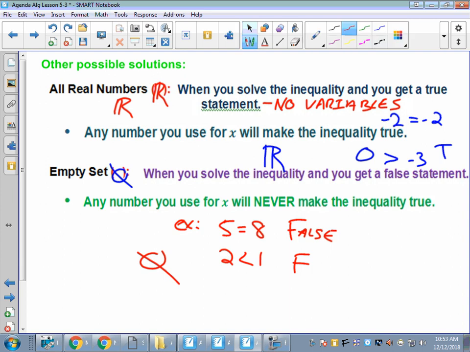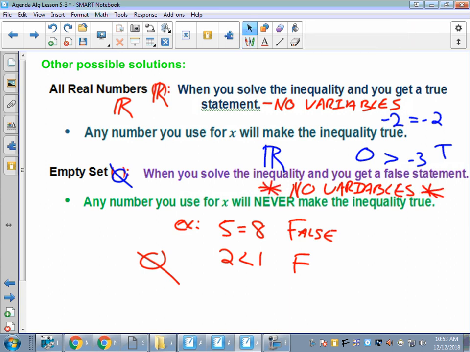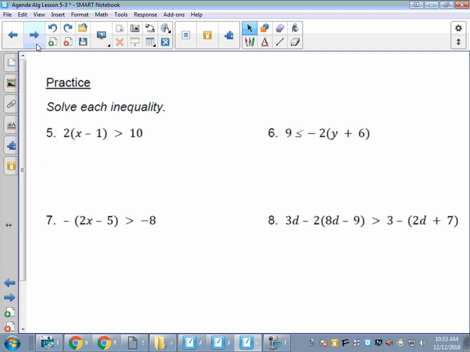Again, the key is no variables. Somewhere along the line, your variables got canceled out. And once they got canceled out, we know we're either going to have all reals or empty set as our answer. Okay, let's go ahead and do